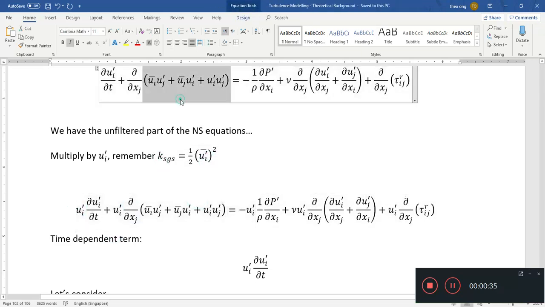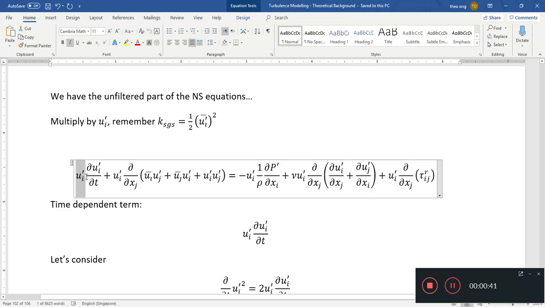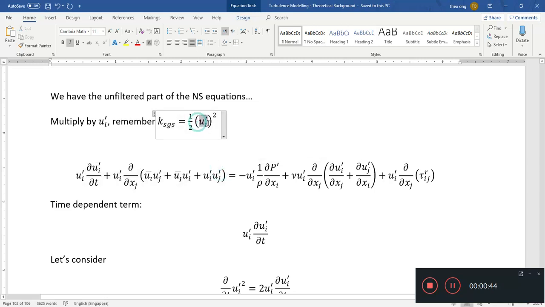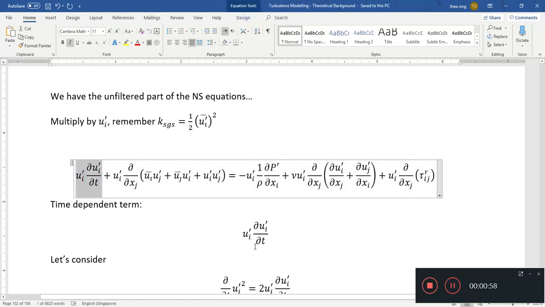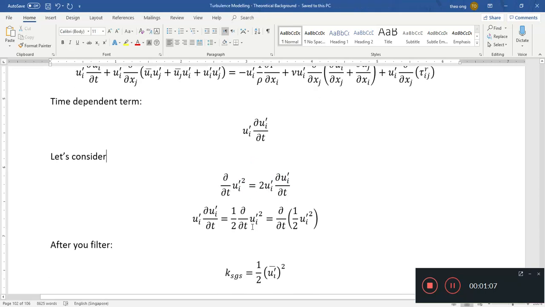we multiply this equation, the unfiltered part, by the unfiltered velocity, so that we have a ui squared. Then after that we go term by term to try and get expressions of subgrid scale kinetic energy. So for example, the time dependent term here, it can be written as such. And if you want to combine this term, this ui prime term in here, you can consider the following derivative. So del by del t of ui prime squared equals to 2 ui prime del by del t